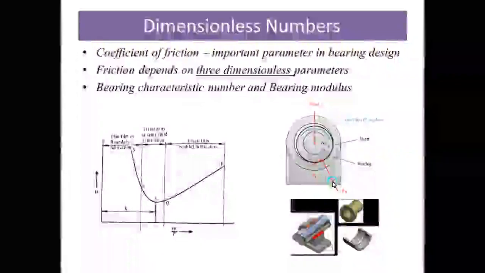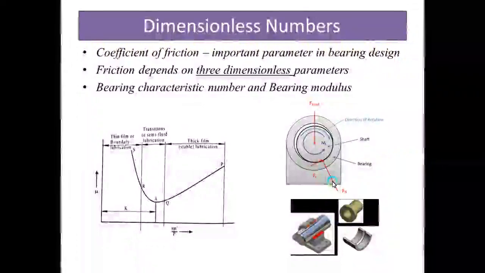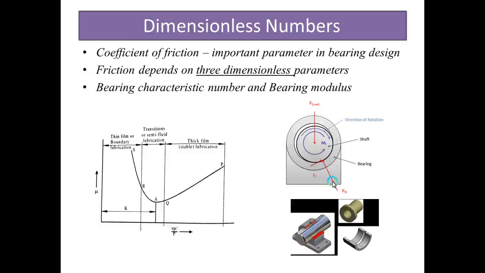Okay. So in this second session on lubrication and bearings, we have studied in the first session on lubrication and bearing, where we have highlighted lubricants, properties, and also highlighted different types of bearings, and we have learned the theory of hydrodynamic lubrication. Also, the most important thing is we have learned the mechanism of lubrication, thin and thick type of lubrication. And now in this session we will learn about dimensionless numbers.